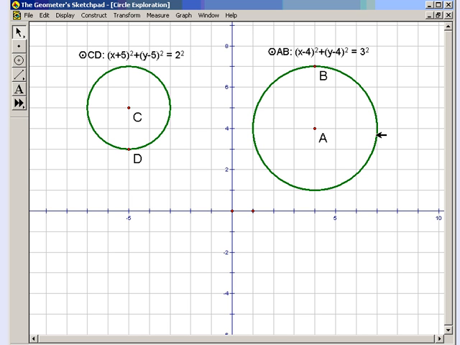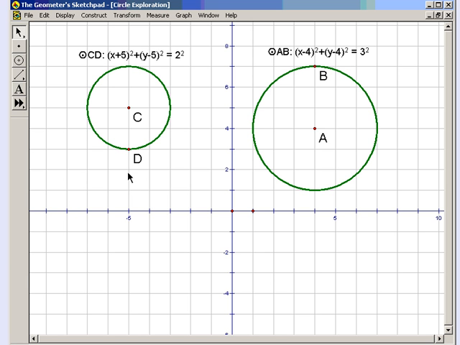All right, well, let's compare that to what we just had before. This circle had a radius of 3, so I can count the units from the center of the circle to the side of the circle. That's 3. And then our center is located at +4, +4. So it looks like from this that these numbers inside the parentheses with x and y have to do with the center of the circle, and the radius has to do with what this squared term is on the right-hand